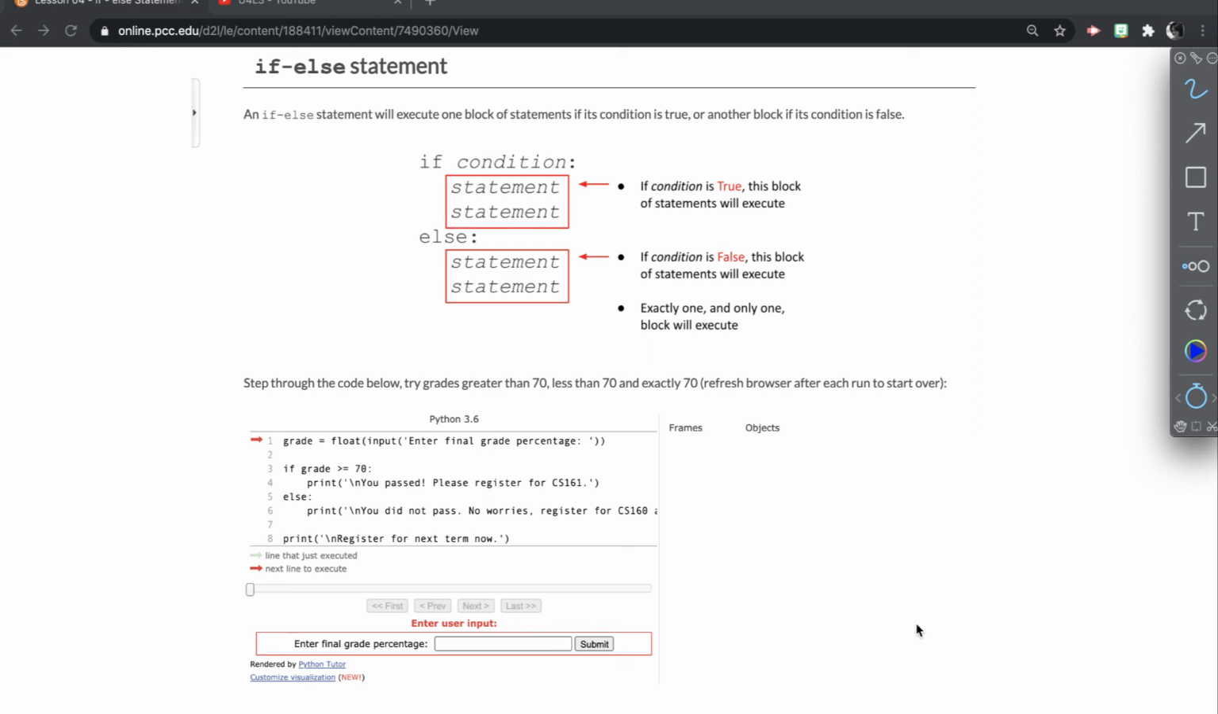When we looked at the if statement, we could execute certain statements if a condition was true. But what if the condition is false? What if we want to do one thing when the condition is true and something else when the condition is false? Well, in that case, we can use an if-else statement. And an if-else statement works like this. You have a condition,